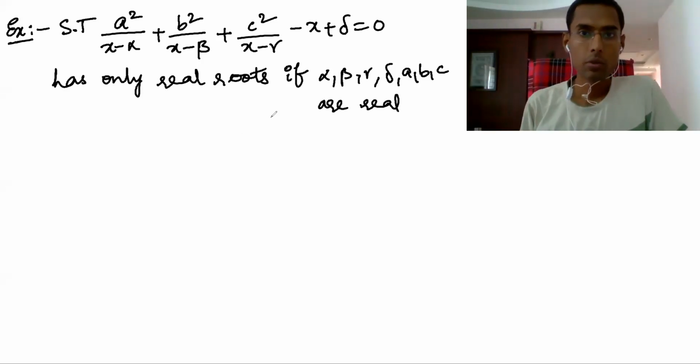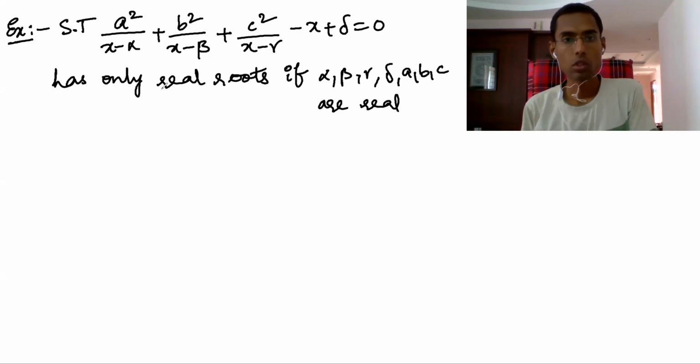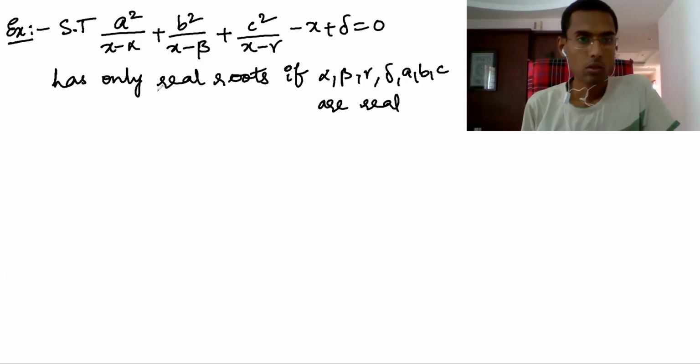Okay, students, today we are going to learn theory of equations, exercise 3. That is, if roots occur in conjugate pairs, then how do you find the equation when roots are given? When the equation is given, how do you find the roots? Okay, all right. So here is a question.